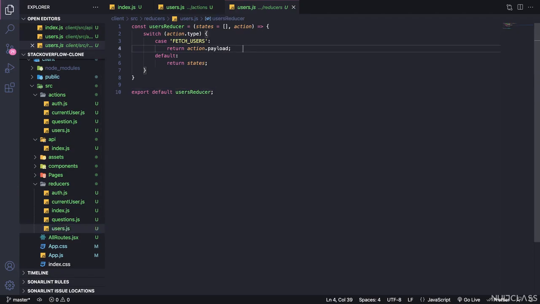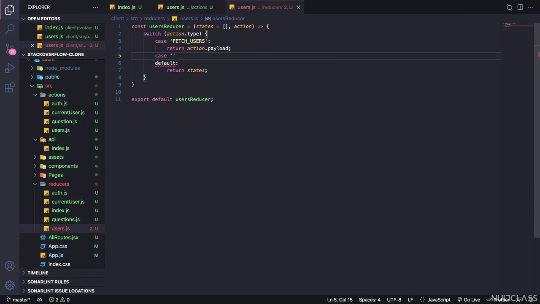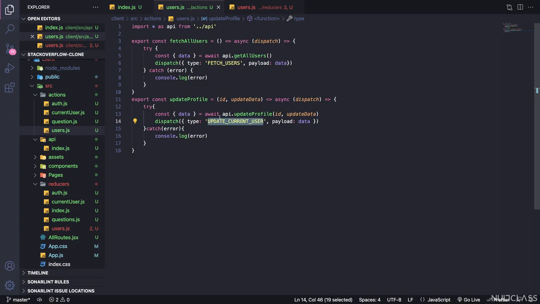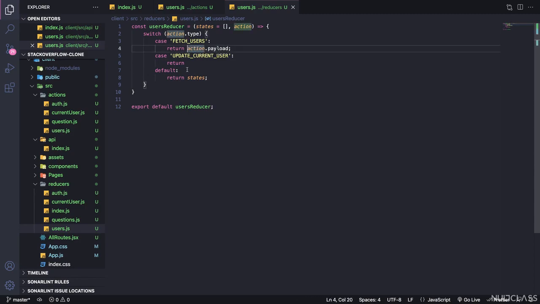In here I have to write another case, like case update. Let me make sure of the spelling, because if we mess with the spelling, then it will hit you hard when the code is being run. So we'll just have return. In here we don't want to return the action.payload, which just returns the entire users' data, but in here I want to just return the